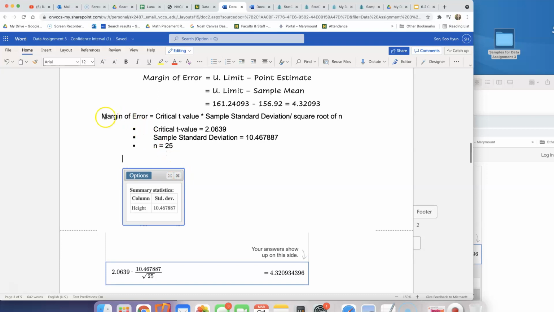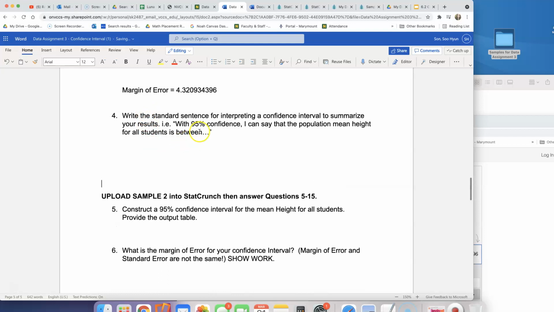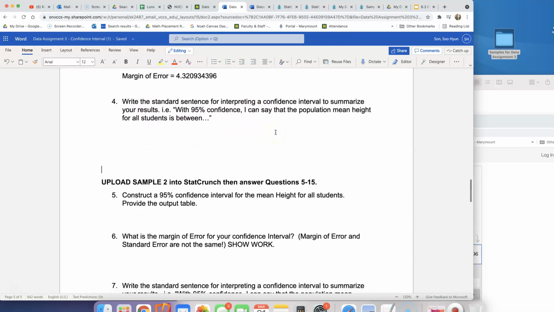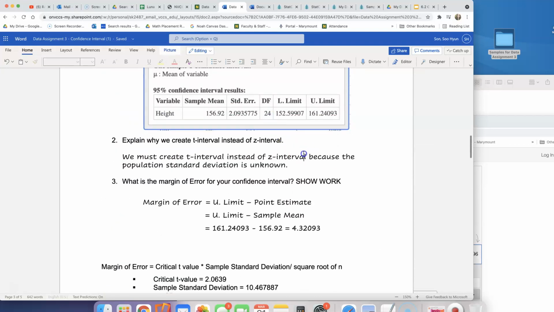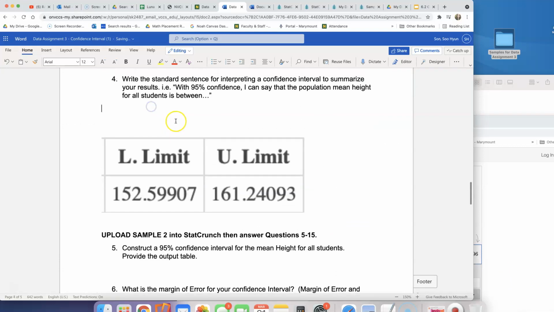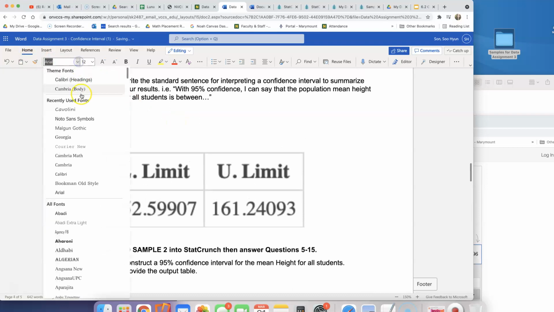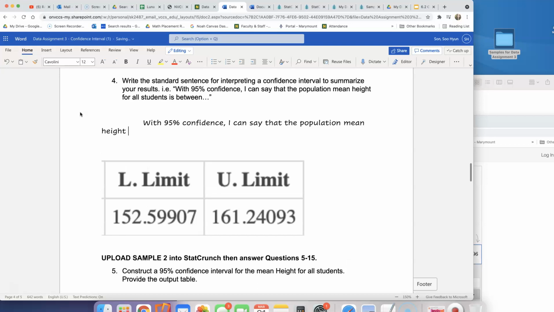Sorry about that. Number 4 now. Write a standard sentence for interpreting a confidence interval to summarize your result. Okay, we can do that. I need these numbers. I can say, with 95% confidence, I can say that the population mean height for all students is between